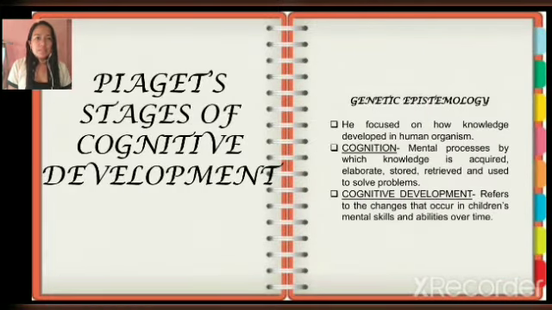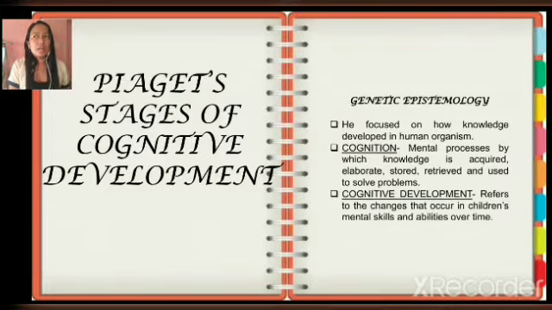So now, Piaget's stages of cognitive development. So the genetic epistemology. So he focuses on how knowledge develops in the human organism. So in Piaget's theory, he focuses on how certain knowledge develops in us human persons since the day we were born